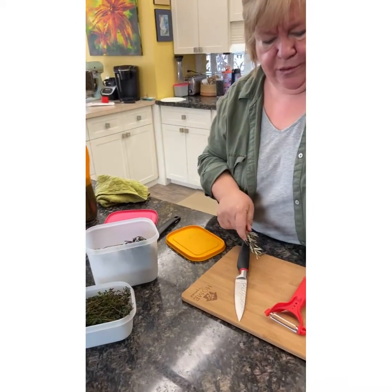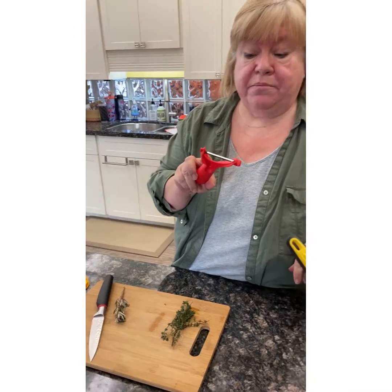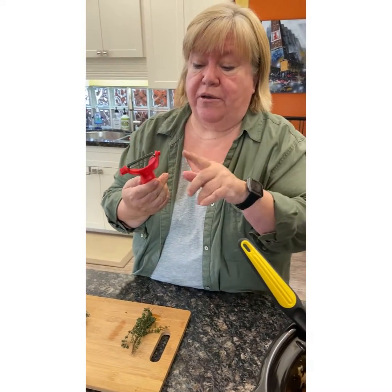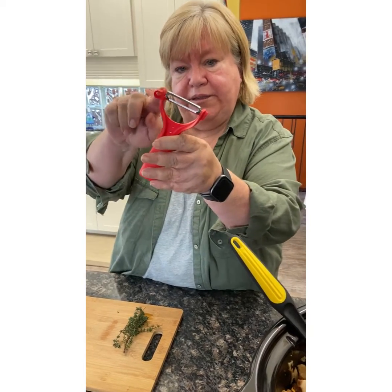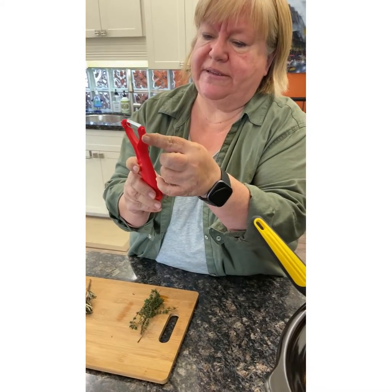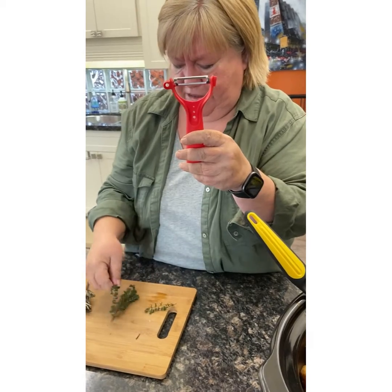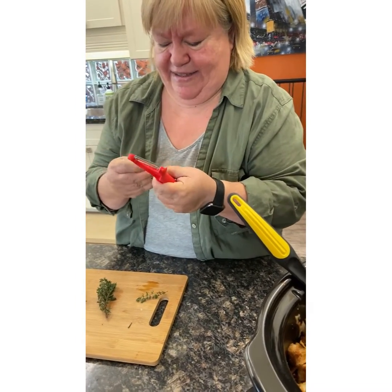Okay, so this is the vegetable peeler. This has been in use several times today. But it's got all the normal features. It's got the peeler. It's got the little eye on the side to dig out the eyes of the potatoes. And it's also got a little sharp one on this side. But see all those little holes there? That's not just to make it aerodynamically stable. That is to,